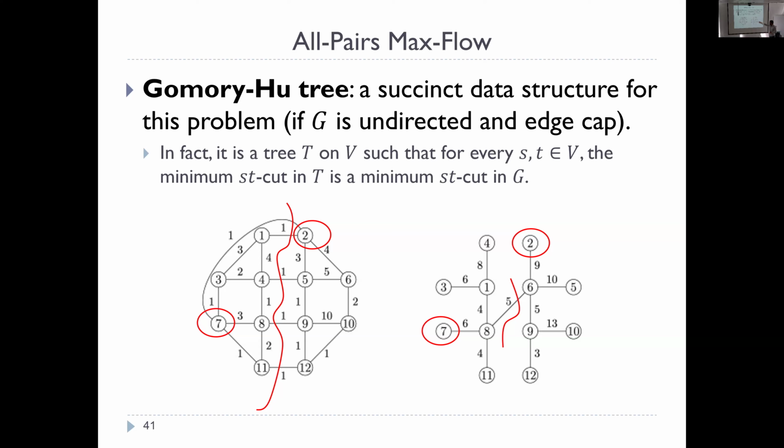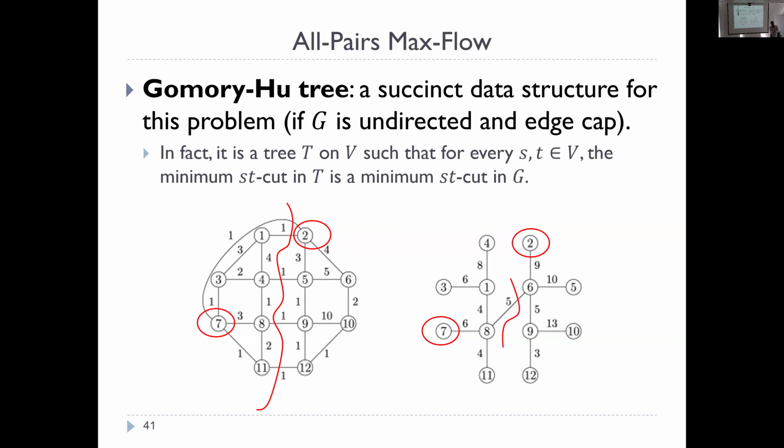So in this case, it's going to be the edge with capacity 5 in the tree. And so we know the maximum flow between 2 and 7 is of value 5. And we also know that here is a cut witnessing that value, right? If you take that edge 5 and you remove it, because it's a tree, you get 2 parts. You get a separation of the nodes of the graph, which is of that value. This is the definition of Gomory-Hu trees.